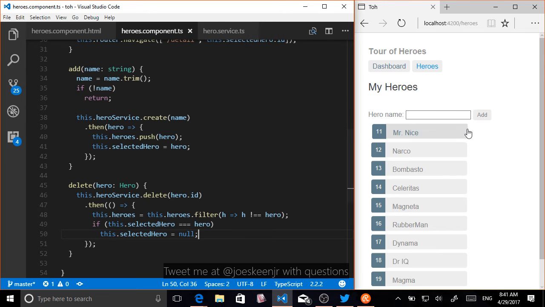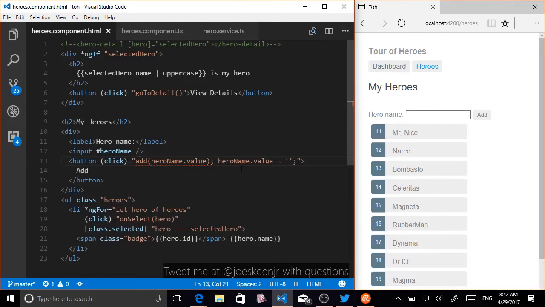Now, of course, we still can't delete this hero. We need to add some HTML for that. Okay, so we want to have a little X button that we are going to add to each of these so that we can delete it. Going back into our hero component HTML, see, this is all still sore because we did it backwards, and it's happy now. Okay, but it won't be that way for this one because we've done all the stuff in the background first. So adding after hero name,